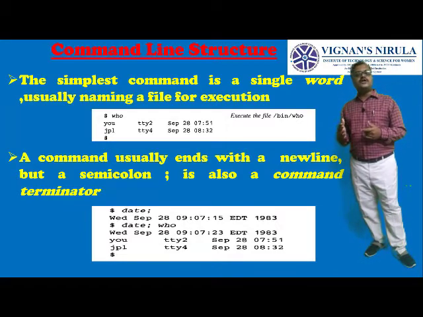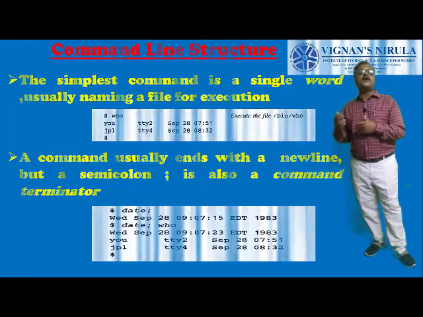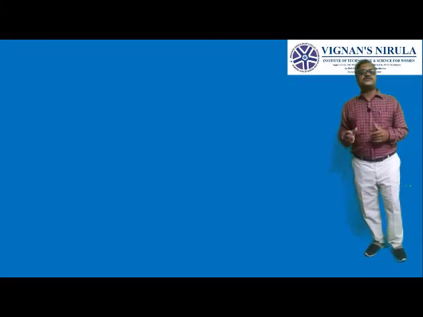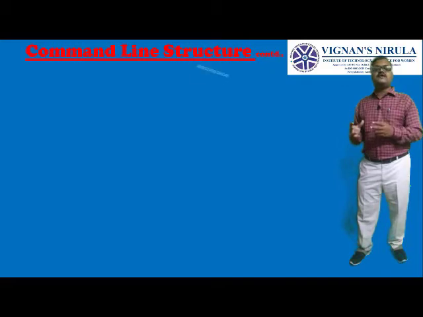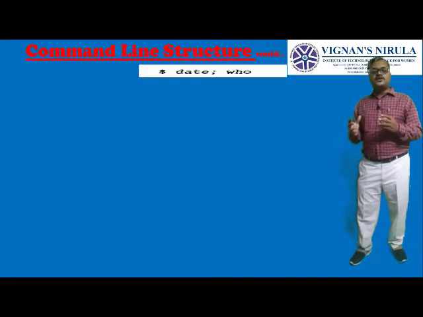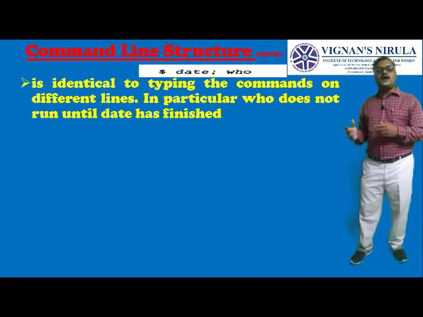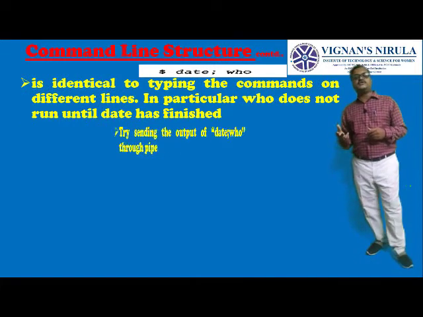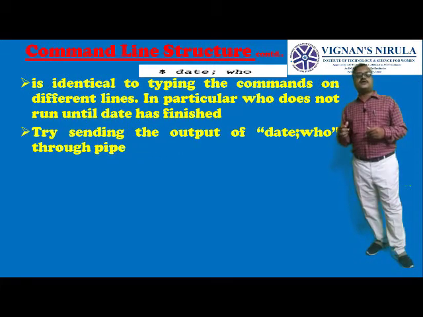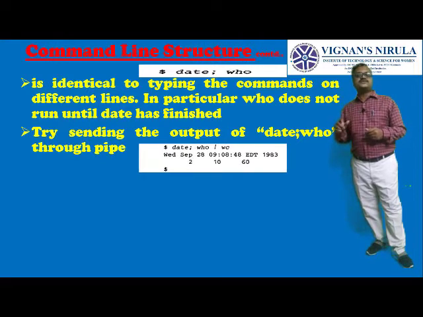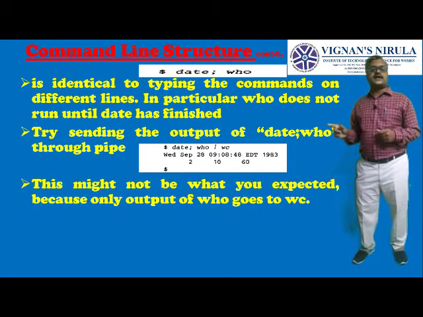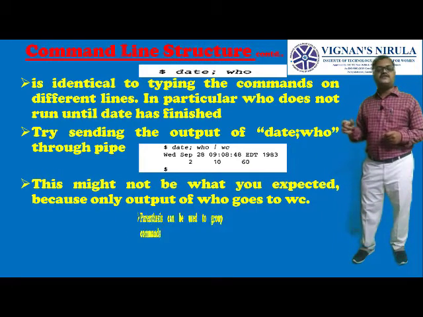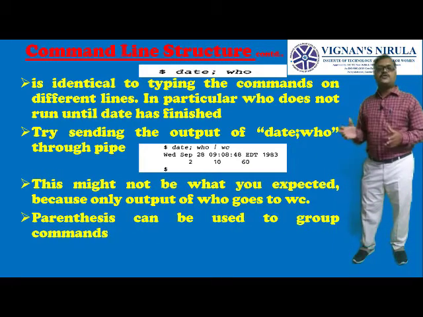And if you want to give the output of date semicolon who to the wc command, you can do that using a pipe. What is a pipe in Unix? A pipe is an operator used to connect commands. For example, if you give date semicolon who pipe wc, and only two users are currently connected to the Unix system, then it will give 2 16 64. That means 2 lines, 16 words and 64 characters, or it may be 95 characters. So it depends upon the size of the